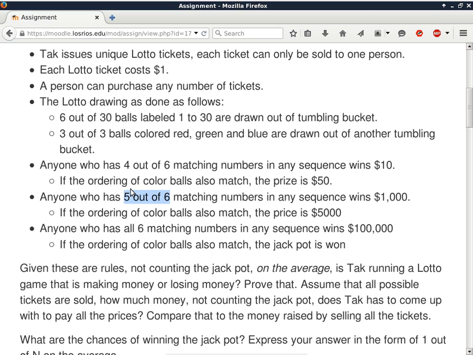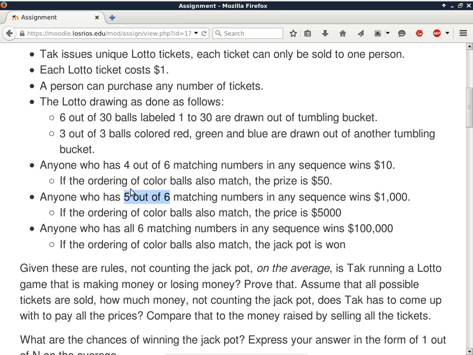So the number of combinations, or the number of tickets corresponding to choosing exactly 5 out of 6 is going to be the number of combinations of choosing 5 out of 6 times the number of choosing 1 out of 24. And then you have to multiply the number of permutations. So you still have to multiply that by 6 in order to get the total number of tickets with only 5 out of the 6 numbers matching, regardless of the color stuff. Is that okay? All right.